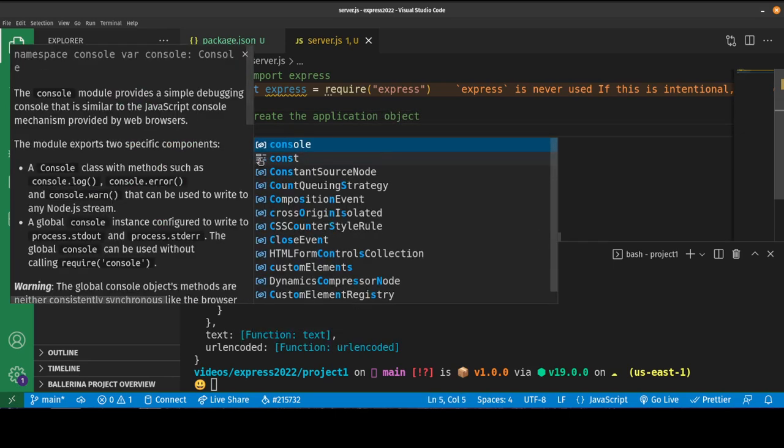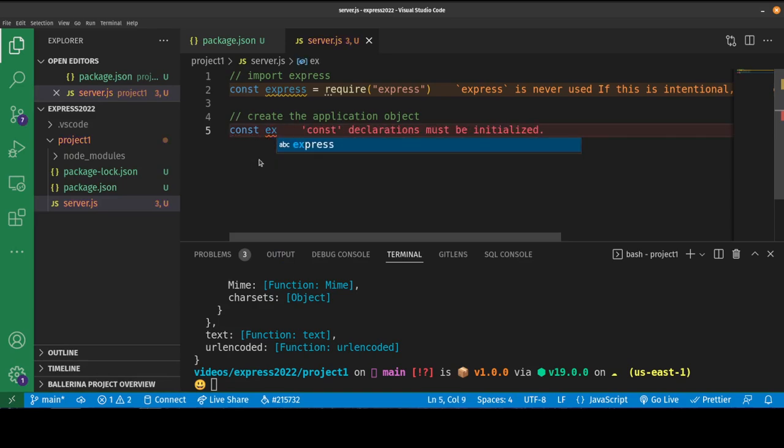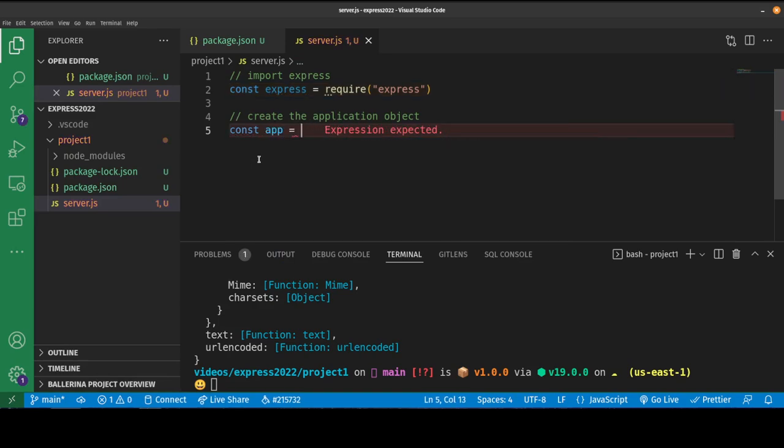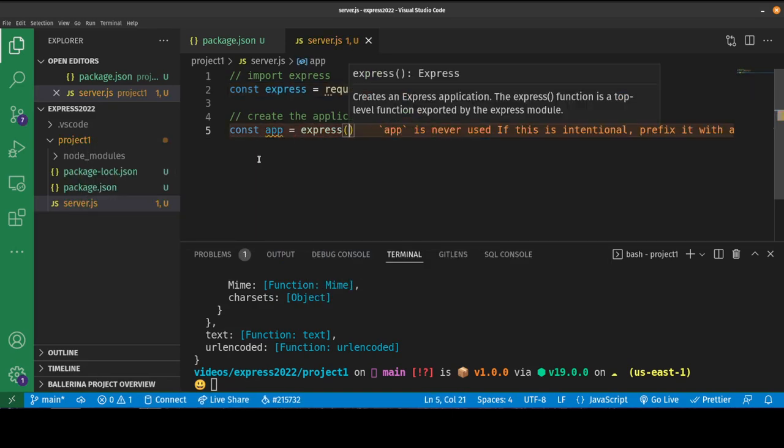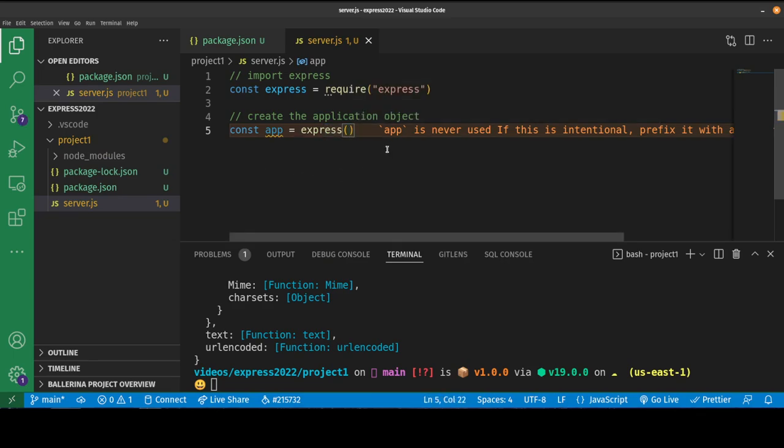So we can say const app equals express. This express function creates an application object. Simple as that. Now we have this object, and we can begin registering the different steps. It'll run those steps in the order that we register them with the application. Okay, so let's say I want to register